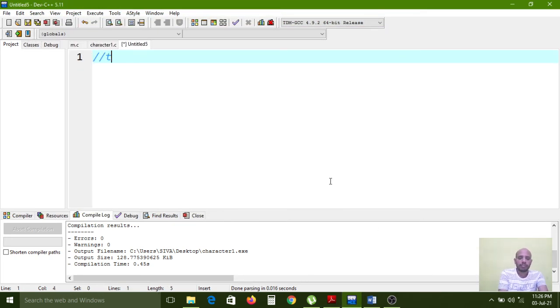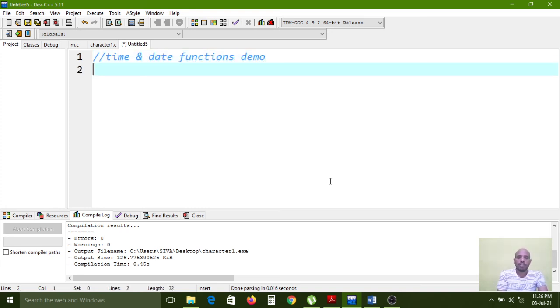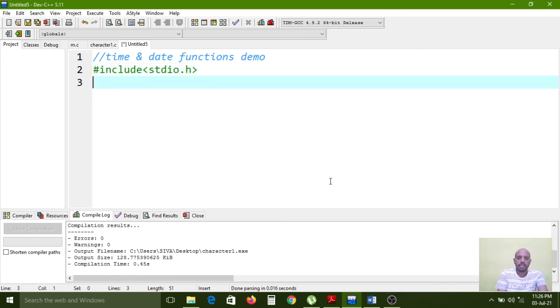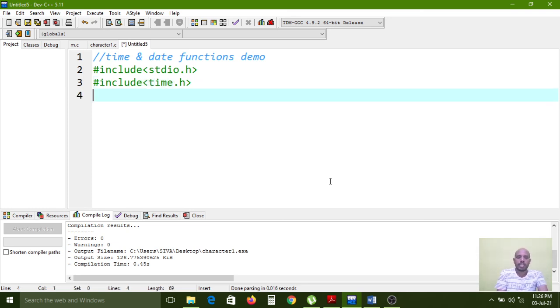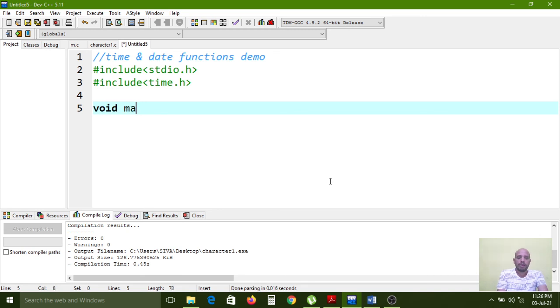Here, a time and date functions demo. Include the header files stdio.h and time.h, right? Now void main.